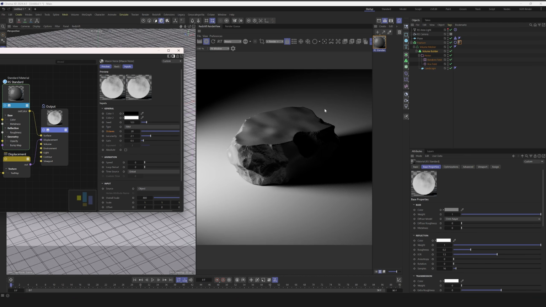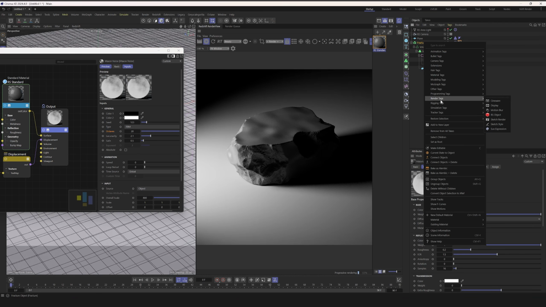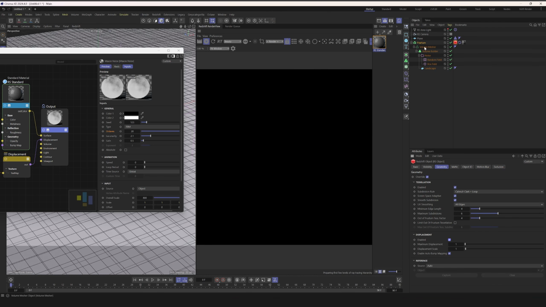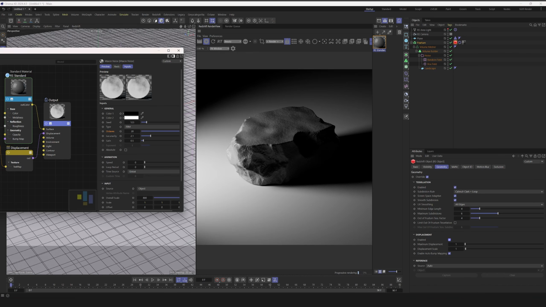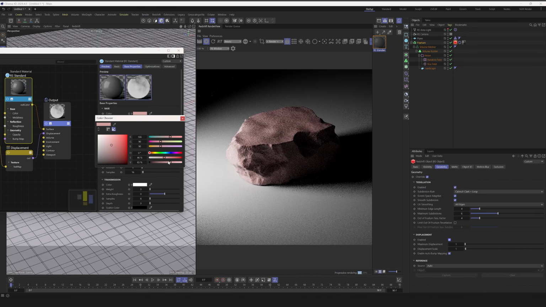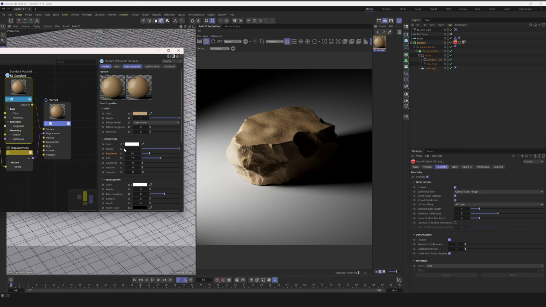Nothing much happening. That's because we have to apply a render tag, RS object tag, geometry, activate override, activate tessellation, and activate displacement as well. So let me check it. Yeah, we got something here. Take a look. And we actually should change maybe the color. I don't know, let's try to find something, maybe something like that. Yeah, and also play around with reflections. We don't need too many reflections, and we have to increase roughness because we are talking about a rocky surface, and